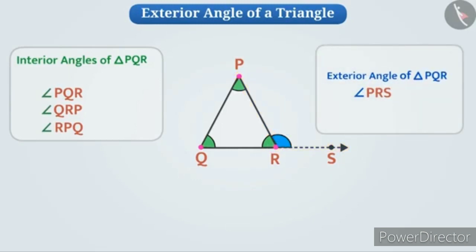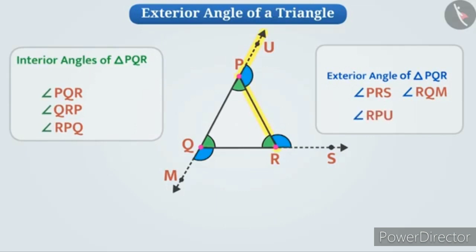Now consider this, if we extend the side PQ through M, then which exterior angle will be formed? You got it right. We will get the exterior angle, angle RQM, which is an exterior angle formed at vertex Q of the triangle. Similarly, if we extend the side PQ through U in the upward direction, we will get the exterior angle, angle RPU. Exterior angles can be formed for a triangle in many ways. If we extend the side QR towards the left, we get an exterior angle, angle PQT, formed at the vertex Q. Now you may pause the video and try to find the exterior angle by extending the side PR.